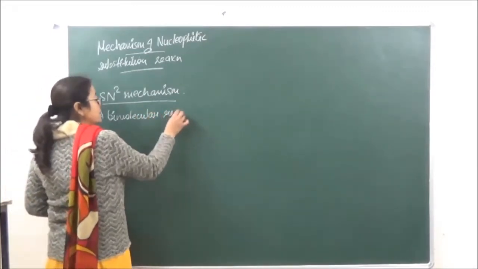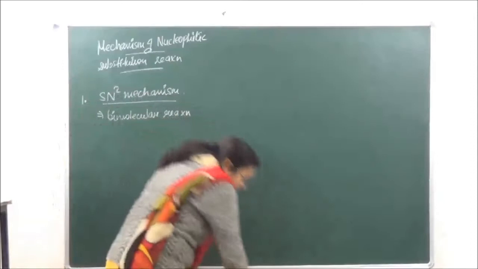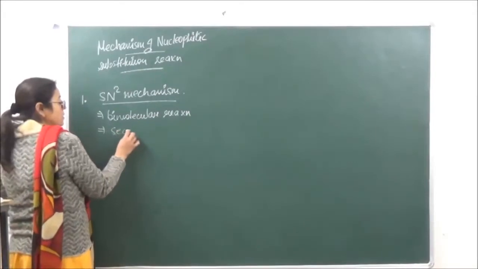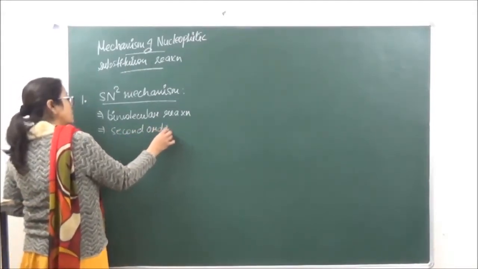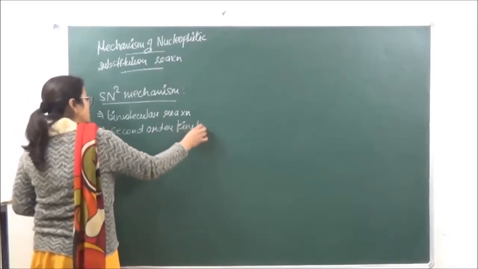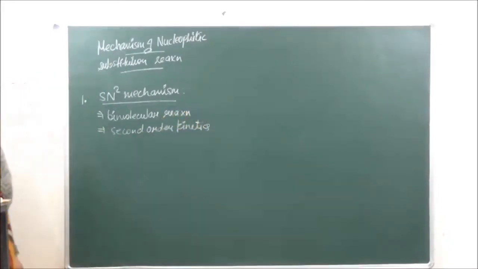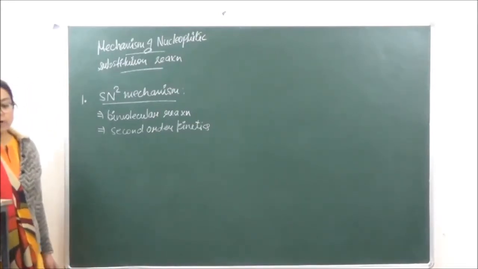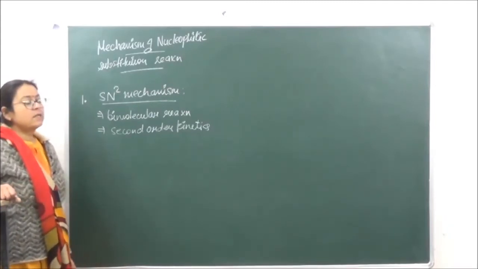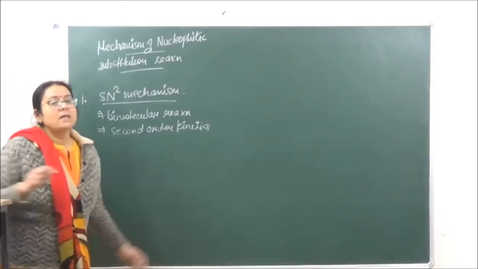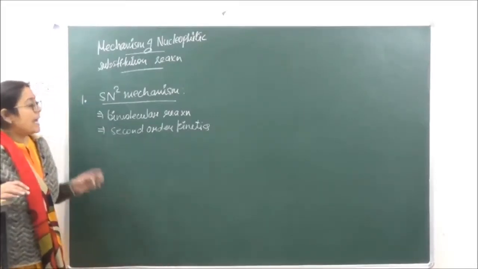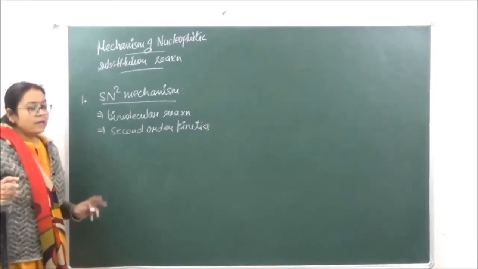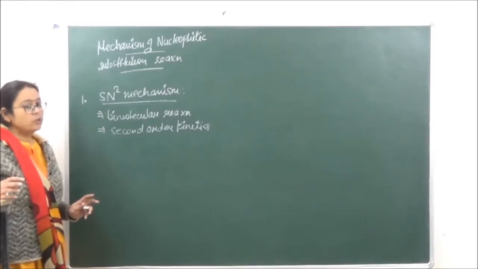Okay, so this reaction is basically going to be known as bimolecular reaction, or it is said to follow second order kinetics. Okay, so SN2 over here, it is going to follow second order kinetics. In this particular mechanism, it is seen that simultaneously the leaving group that is going to leave and the attacking of the nucleophile that is going to take place from the backside. So there is one intermediate which is going to be formed when we are doing SN2 mechanism.